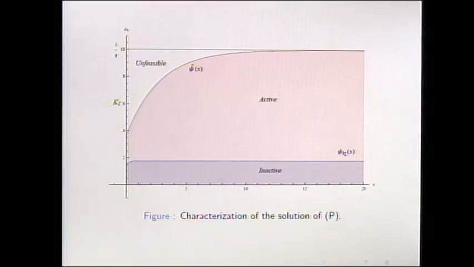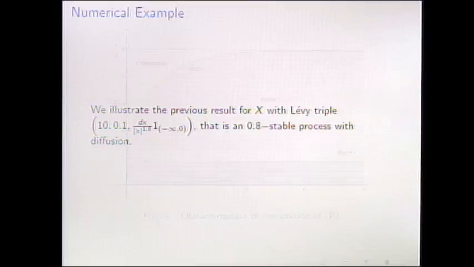If I'm in this region, that means that the problem is infeasible, because the initial capital is too small, and the constraint is too hard to fulfill. So if we are in this region, the problem is infeasible. And if we are in this borderline, then we have that the optimal strategy is do nothing, but we are still feasible. So analyzing all these 4 cases, we have the proof for the theorem.